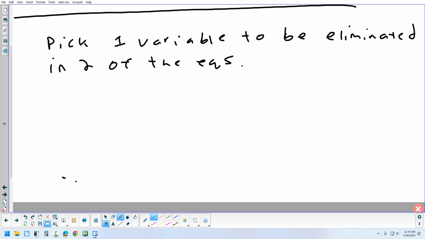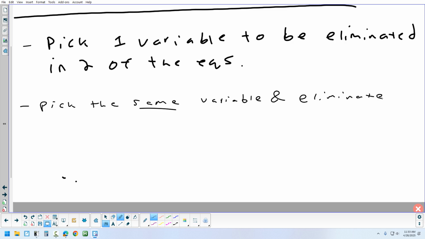So we're going to pick a variable to eliminate in 2 of the equations. And this is the key: once you pick the variable, you can't change it. Pick the same variable and eliminate it in 2 different equations. It has to be different than what you did in step 1, otherwise you're going to repeat step 1. Okay? Pick the same variable and eliminate it in 2